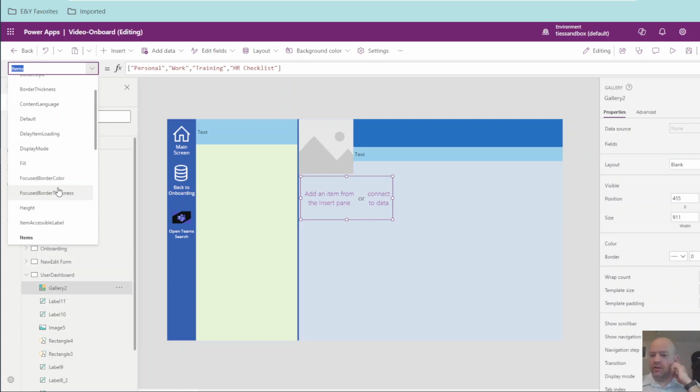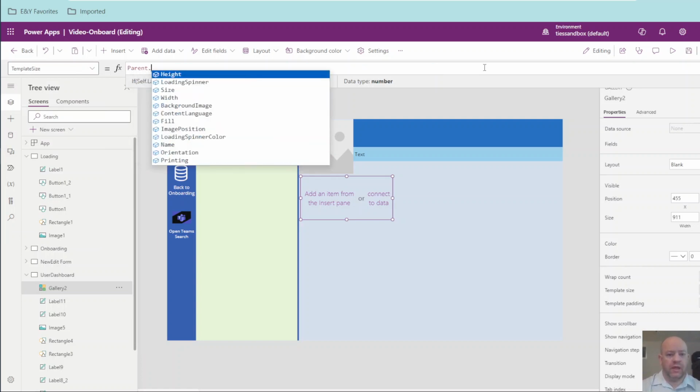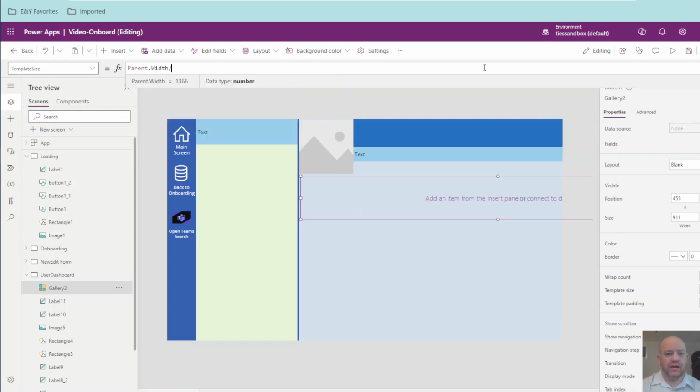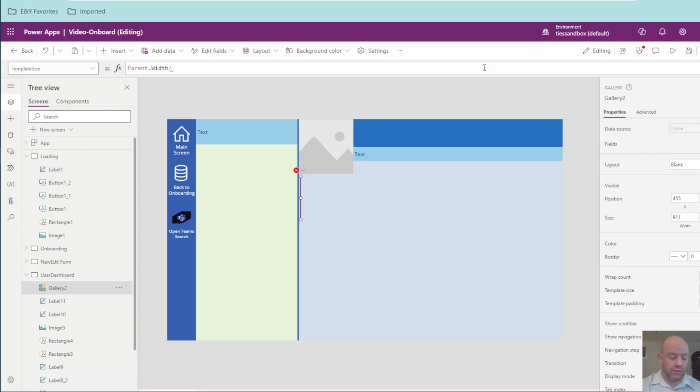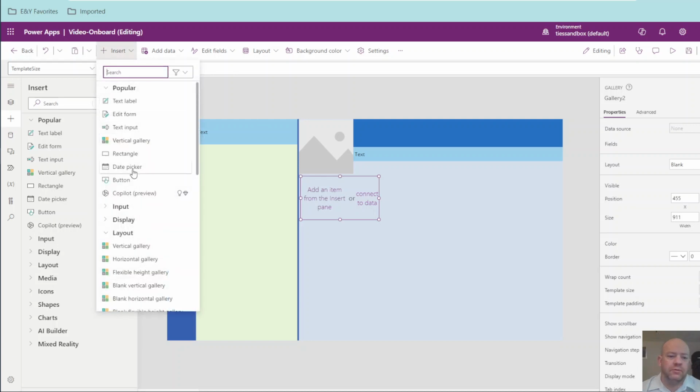and we are going to set our template size, not this. We're going to go parent width divided by 4 just to see where it goes. That's way too big. So we'll go 5. We'll work with that. It's probably going to be like 4.6 or something. It's pretty close. So first thing we're going to do, we'll go in here, we're going to insert a